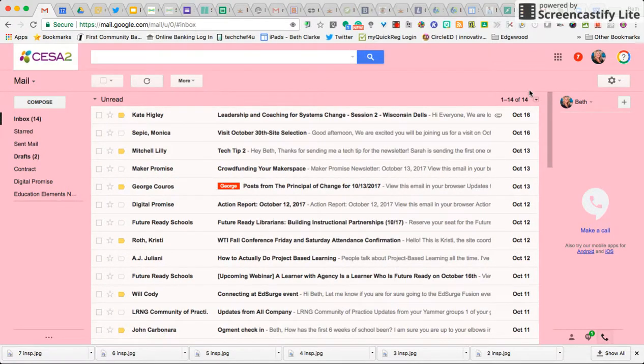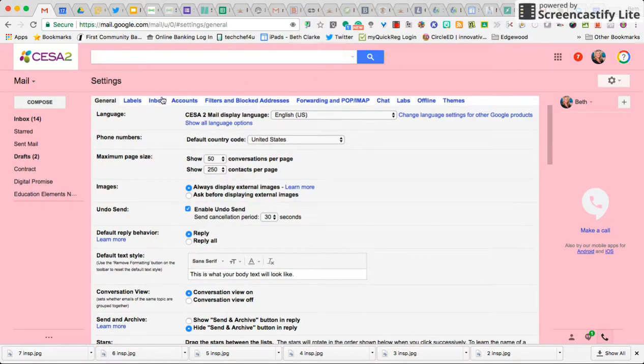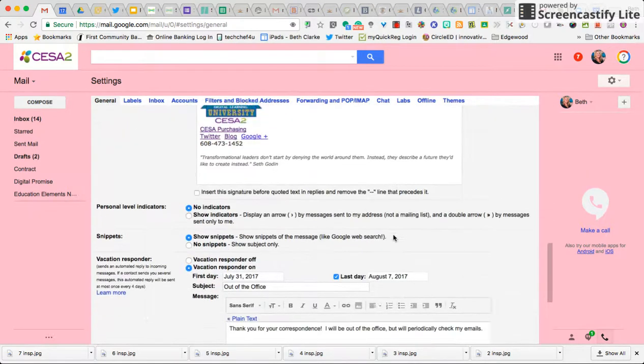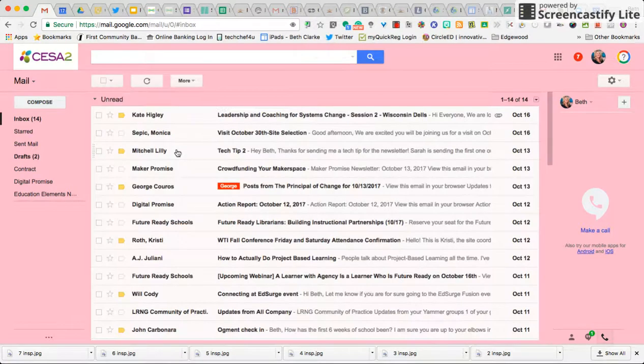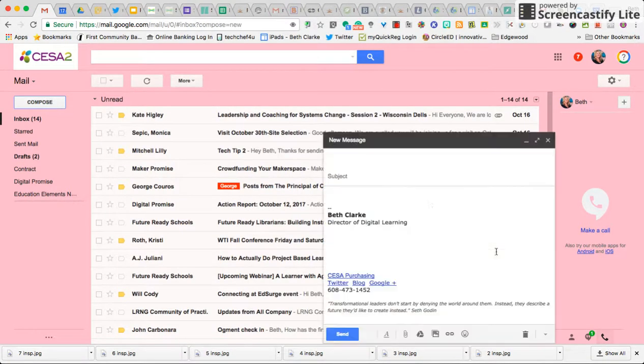One last thing that I wanted to show you just real quick under settings in general. When you're in your general tab, there is something called undo send. Make sure that this is enabled and that you have 30 seconds, because if you send, I don't need to save because I didn't make any changes. But if I were to compose and send something